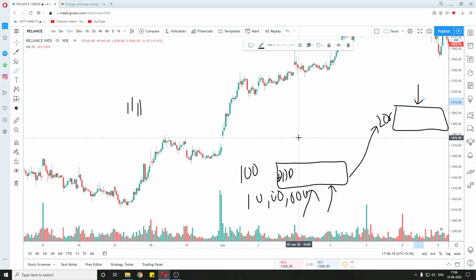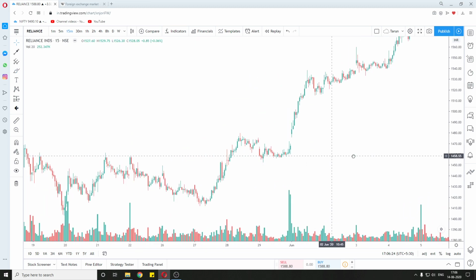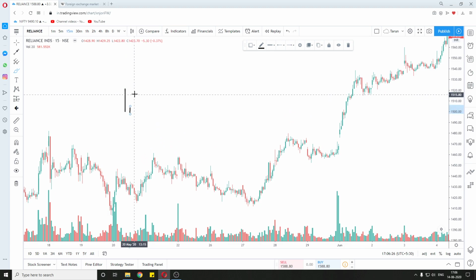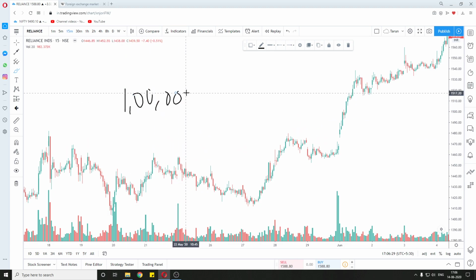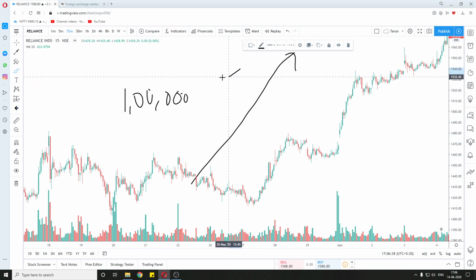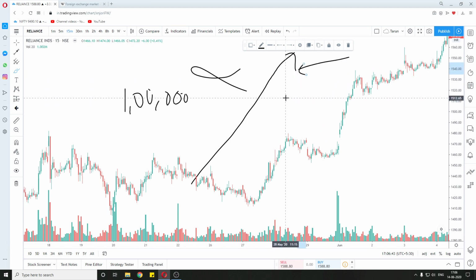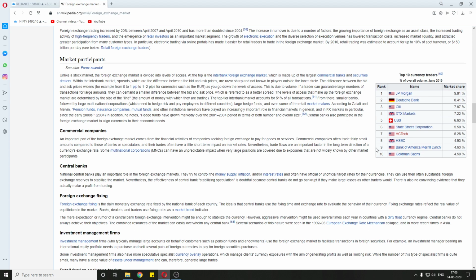They can't do this very fast, because if they put in big orders, for example, let's say you have 1 crore rupees to trade and you go to a small share and place a 1 crore market order, the price will instantly go up and take out all the orders, your average price will increase a lot, and you will not be able to make any profit. So if you are a big player, you will start buying slowly so no one notices, accumulate a big position, then push the price and sell at the top. This is what the big banks do.